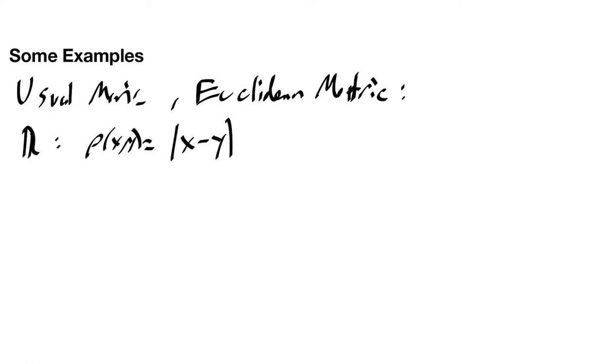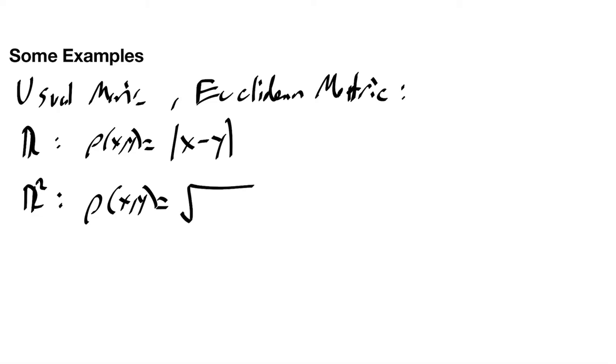And we know that this has all the properties that we expect. It's only equal to 0 when they're equal. It's always positive. The distance from x to y and from y to x are the same number, and the triangle inequality holds. R squared in the usual metric or the Euclidean metric is the